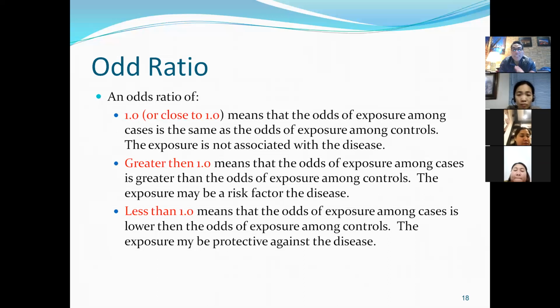So always think that just because the odds ratio is less than 1 doesn't mean that you can ignore that. There is a positive when the odds ratio is less than 1, because it could possibly mean that the exposure has some protective effect against